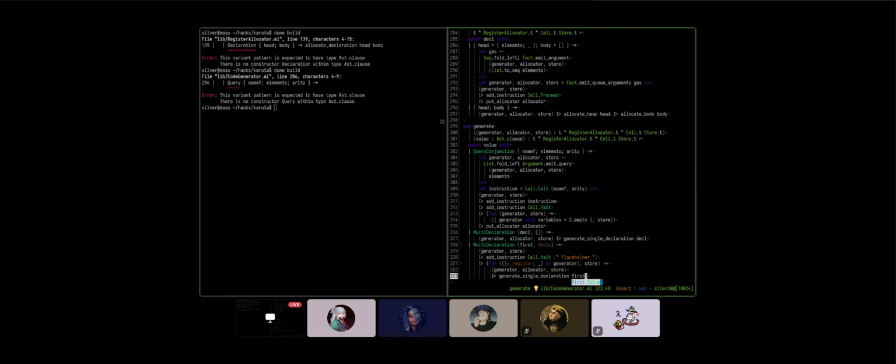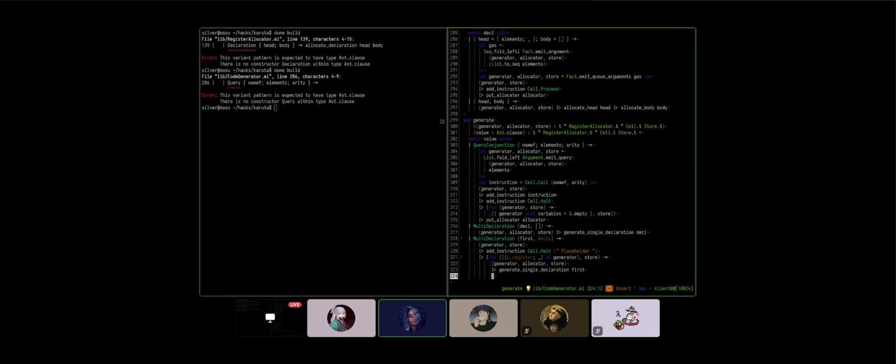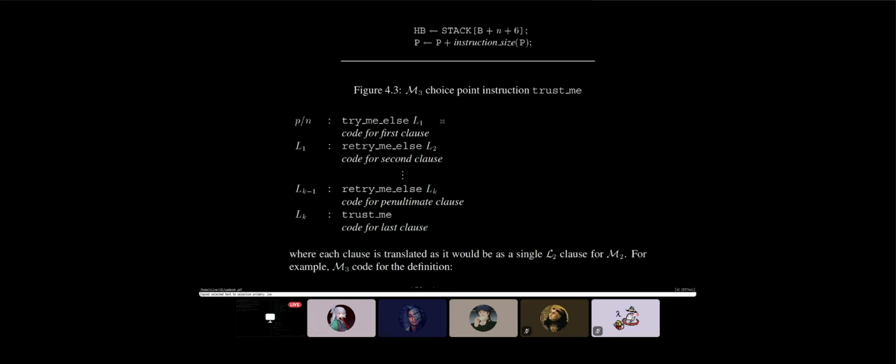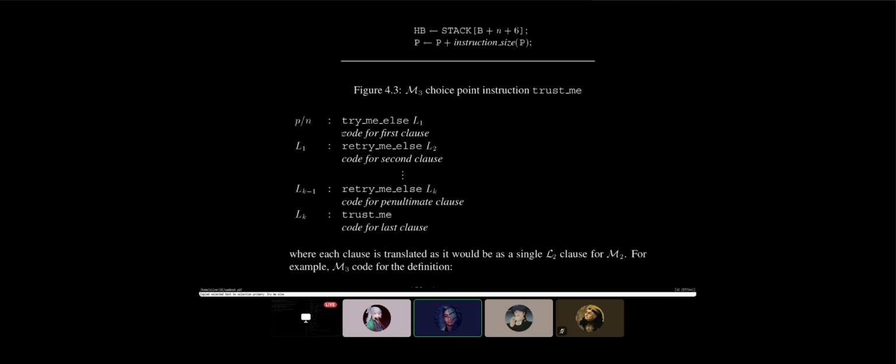What needs to be done? Why? Because if you go back to the book, please. So here's the thing. My understanding is that the halt is a placeholder for the try me else, and then now, so you interleave them. That was my confusion. Yeah, we're interleaving.